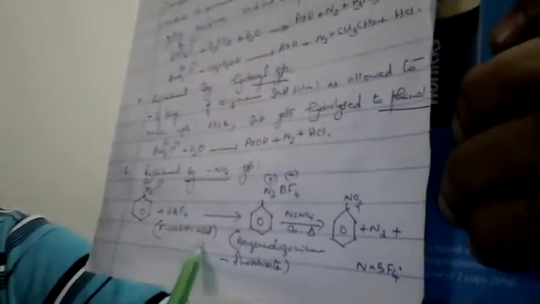Benzene diazonium chloride, when treated with HBF4, fluoroboric acid, forms benzene diazonium fluoroborate, which on treatment with sodium nitrite and copper heat gives nitrobenzene along with nitrogen and NaBF4. So this is about the chemical reactions involving